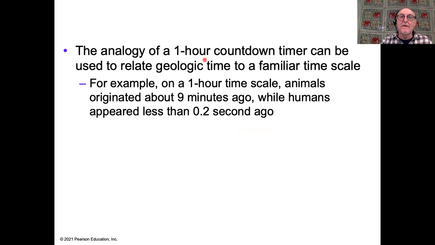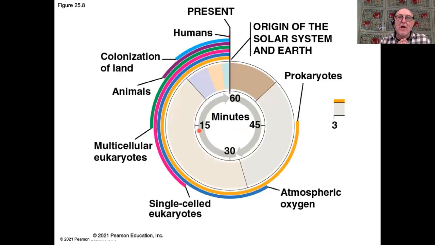So there are various ways to think about this. It's very difficult to conceive of the enormous time span. So there are various ways that we can try and do it. A common way to do it is to look at a clock, at a stopwatch rather. The watch has 60 minutes on it here. And if we look at the passage of time, then here's the origin of the planet. The prokaryotes arise here at about 9 o'clock.